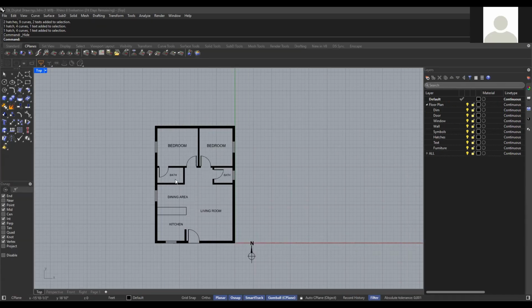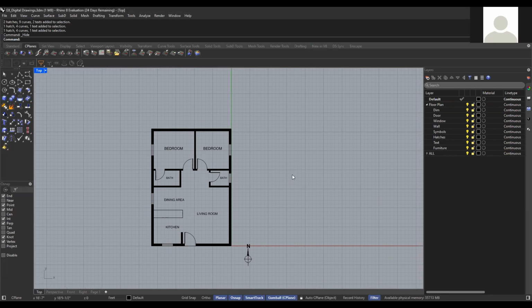As I mentioned in our last class, I showed you how to download CAD blocks. So CAD block furniture, you can use it in Rhino and even in SketchUp. So you can just download all your specific furnitures that you want to, and then drag it or export